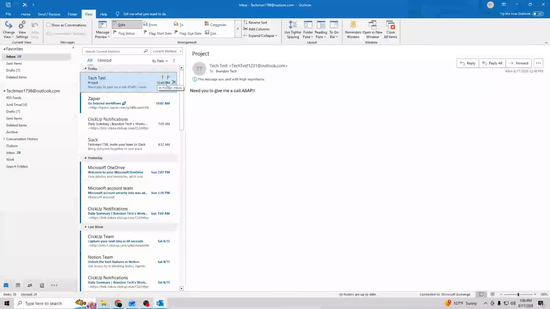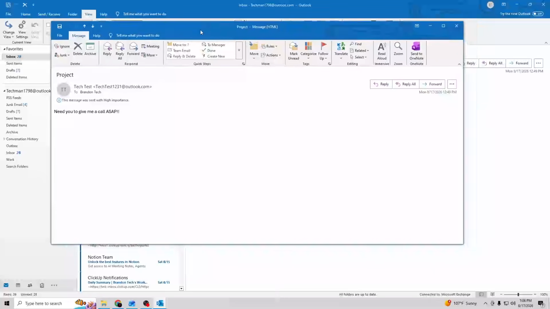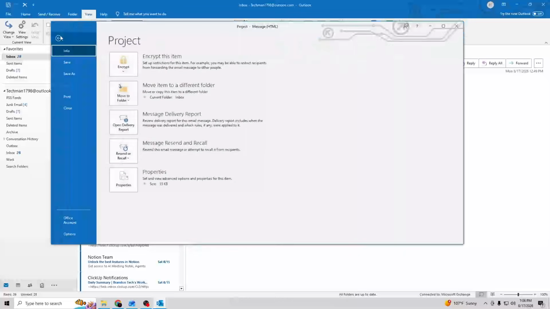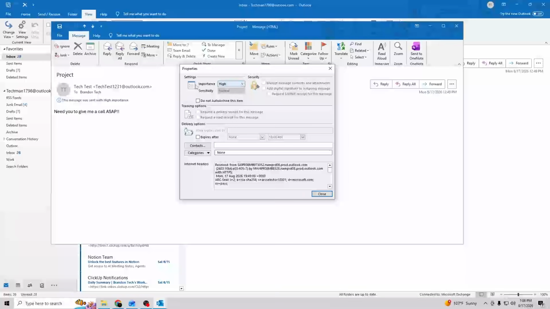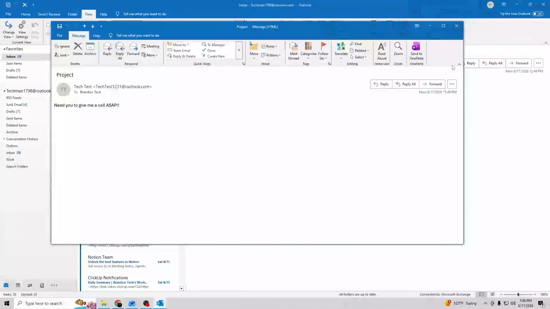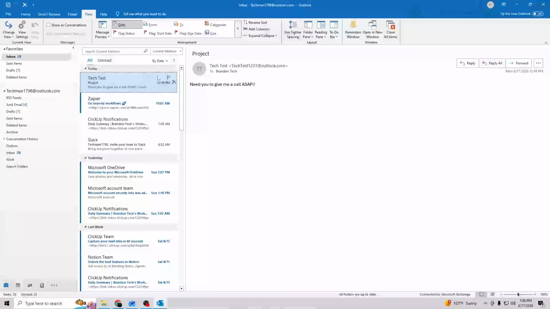If you want to fix this by removing the exclamation mark in this high importance message, you can just double click on the message so that you can open it in another window. And then click File, click on Properties, then for the importance, you can just change this to normal and then close. And then from here, you can just save the changes, and now the exclamation mark or the high importance